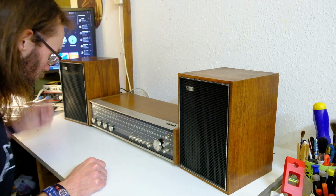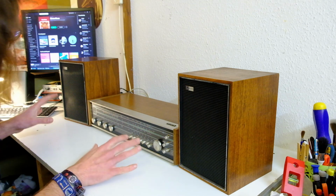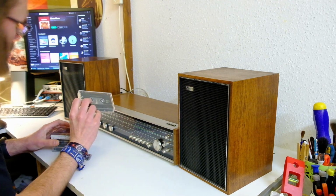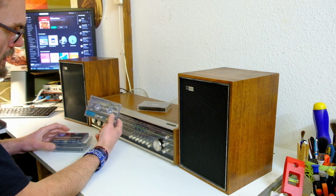Guys, I went thrifting today and I bought some untested stuff for untested stuff prices. This was all very much dirt cheap. Also bought some tapes. That's a Maxell XL2 that I can't remember buying, so I guess I may have grabbed this accidentally. A TDK CDing2,